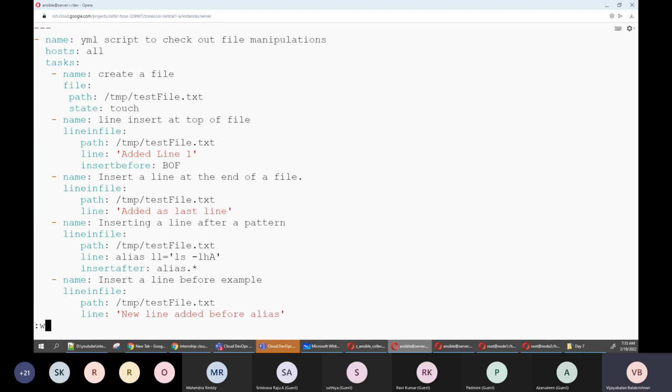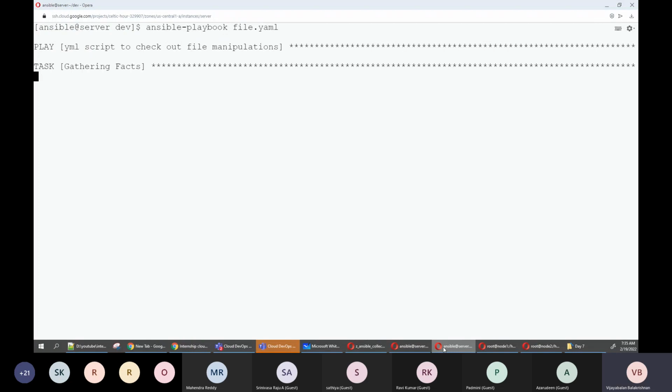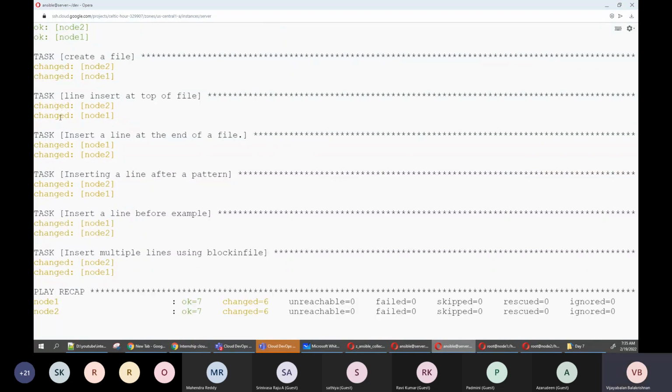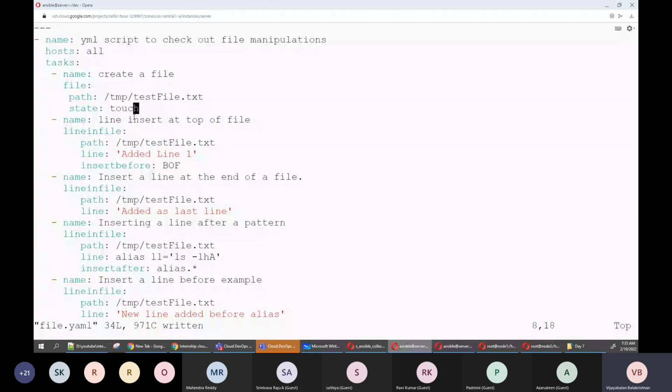Okay, I'm going to save it. Now I'm going to execute it. So now the file will be created, and see here, it is yellow color. That means the change has been done. Now if you start this play or task, the file is there, so it will start doing all this. Now I'm going to go to node 1 or node 2. Can we check this file?